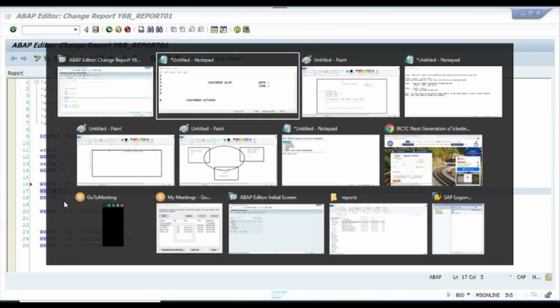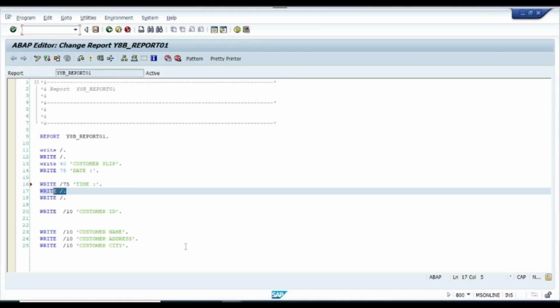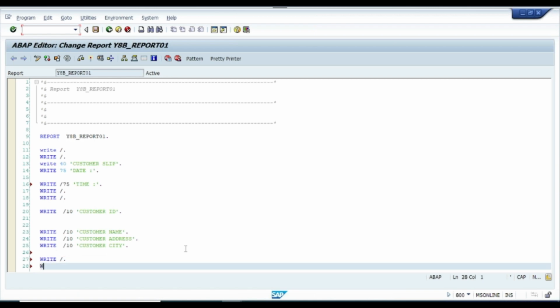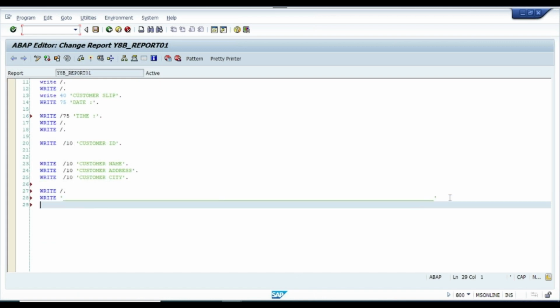So now I have done my program till here, till customer city. Now I want a one line gap. So wherever you want a gap, write forward slash. For a one line gap, write it. Now I am drawing a new line, underline. How much line you want, you use. So I'm using shift underline, the shift minus key, so that automatically I'll get a continuous line. Then I'm taking my cursor